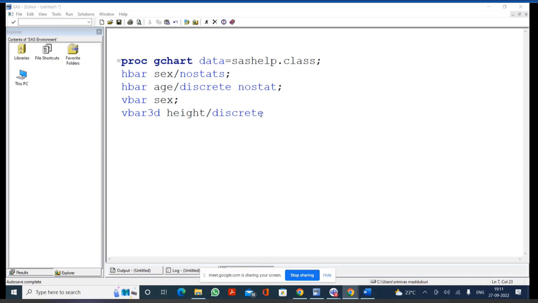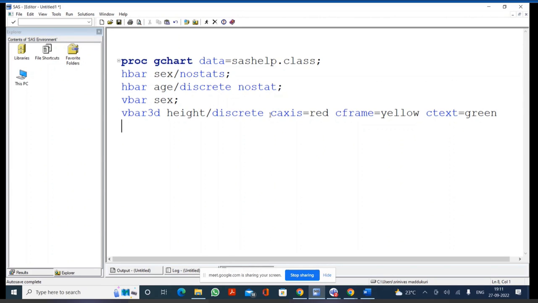And then in any bar, we can write, for example, CAXIS equals whatever color you want. And I told you we can also write CFRAME equals, if you want a background color. CTEXT equals, if you want any color for the text, you can write CTEXT equals color. And then,